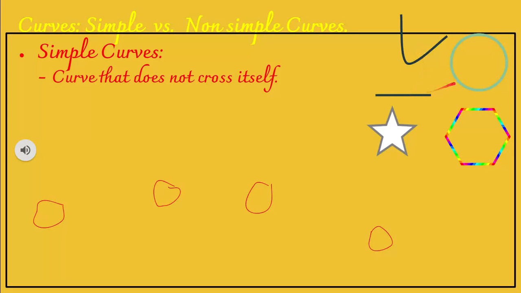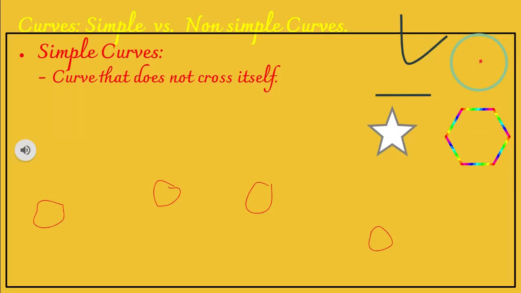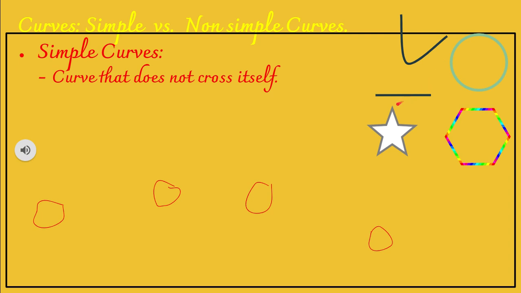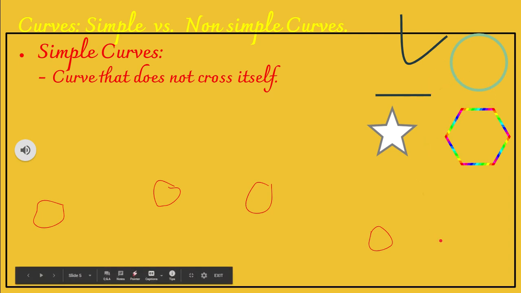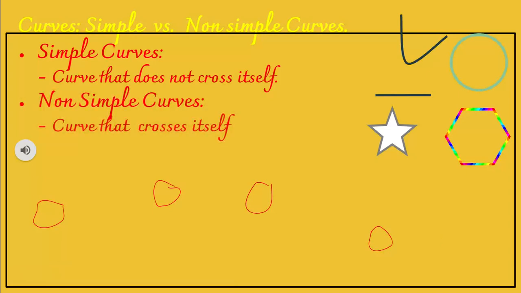Similarly, when you look at the closed curve, this sphere, this is a simple closed curve because this curve never crossed itself, isn't it? Now, what do I mean by crossing itself? For that, let's look at the images of non-simple curves. Then we could understand what is crossing itself. So let's see. The non-simple curves, they cross themselves. Let's look at these images.